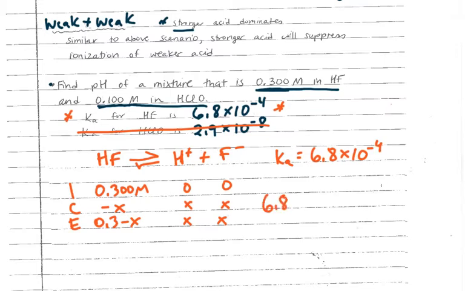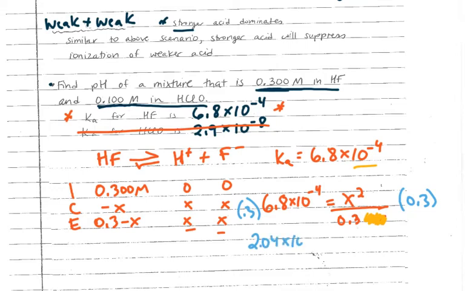So we say 6.8 times 10 to the negative 4th is equal to x squared, x times x, over 0.3 minus x. This being a weak acid with a small Ka, we're going to assume that x is going to be so small that 0.3 minus x is just 0.3. And now we solve. Multiply both sides by 0.3, and we get 2.04 times 10 to the negative 4 equals x squared. Take the square root of both sides. x equals